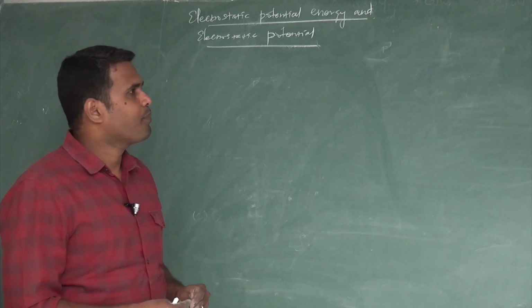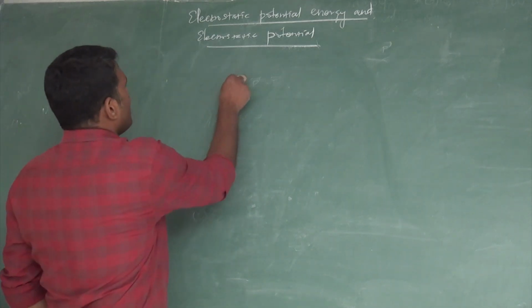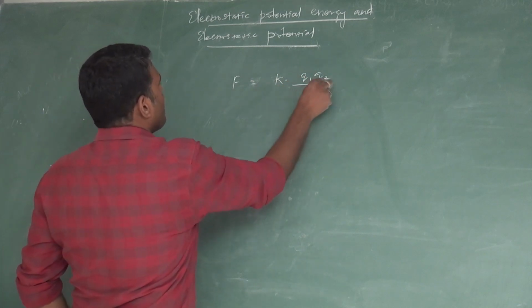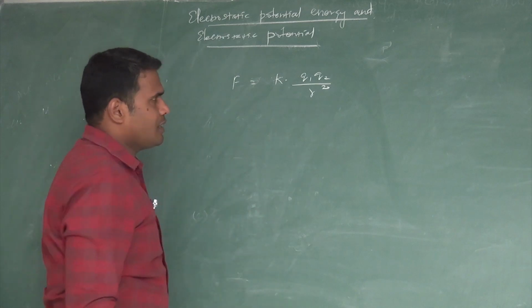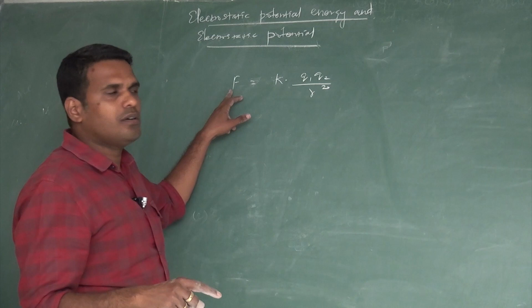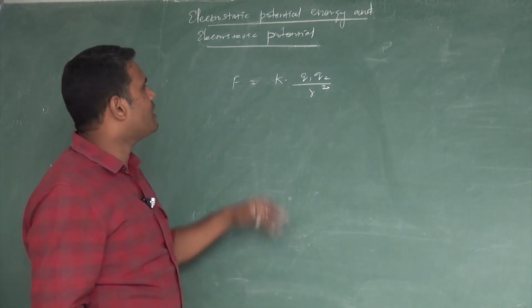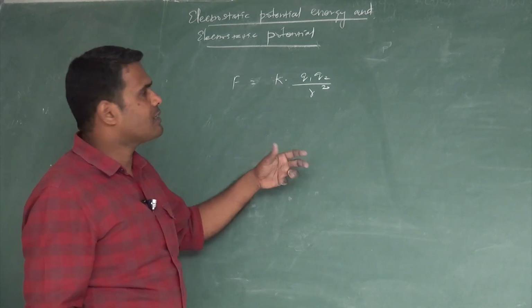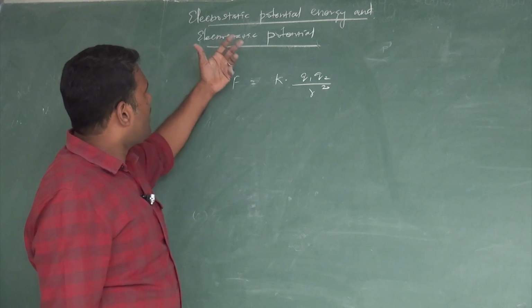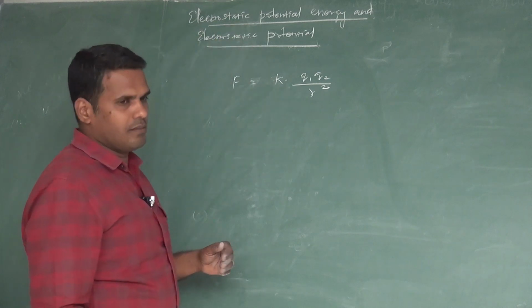In the same way, Coulomb's force is an inverse square law force. F is equal to K Q1 Q2 divided by R square. Coulomb's force is an inverse square law force and also a conservative force. So it is obvious that we can also speak about the electrostatic potential energies for this conservative force field. So in order to know about electrostatic potential energy, we are going to speak